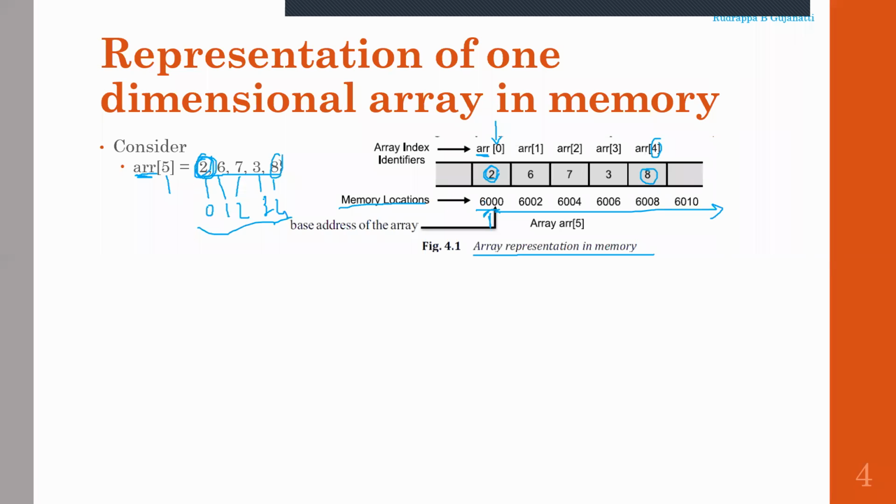The first element has an address of 6000. So then the next element will have, say, 6002, assuming that an integer consumes 2 bytes of memory. So again, each element consumes 2 bytes of memory location. The next one will have an address of 6004. So next one, 6006, 6008. So on, it can continue depending on the size of the data you are storing and what the array size is.